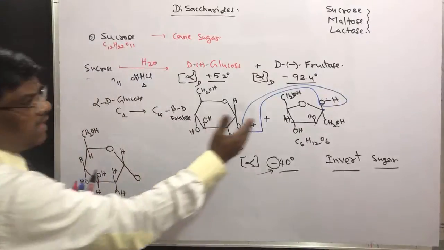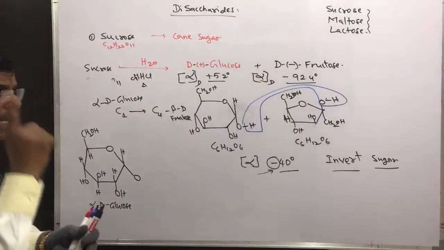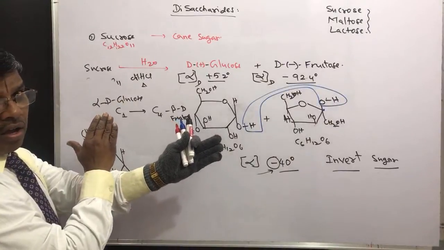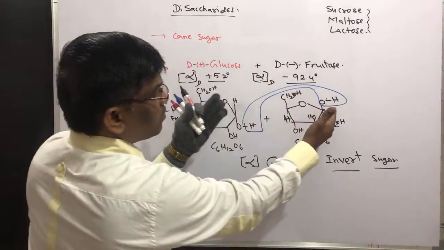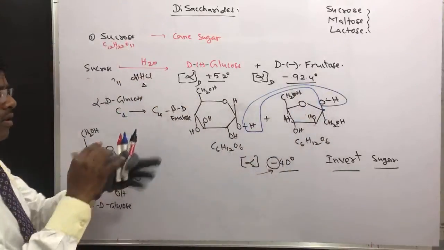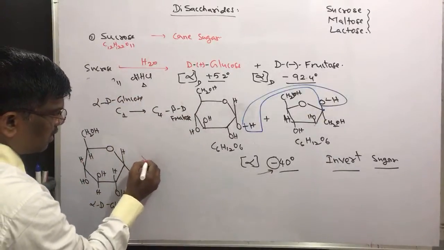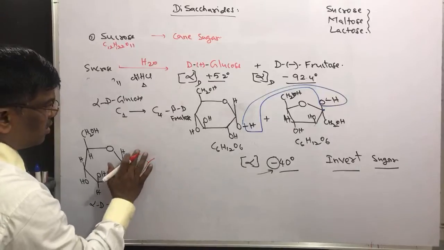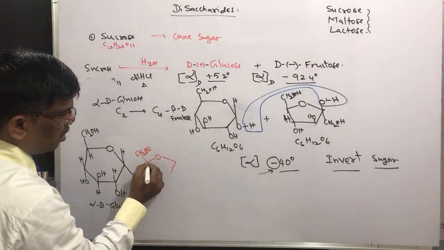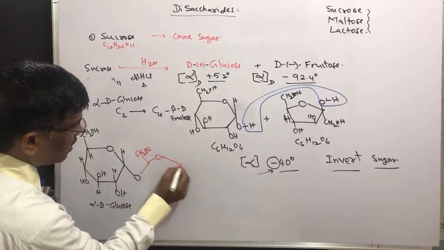So when this molecule is turned 180 degrees, it comes towards this side. Students, in molecular writing notation, what was up is now down and what was down is now up. So it is going to have this way. Hydrogen, this is CH2OH, and this is O, and this is furan. Let me write in a big size.